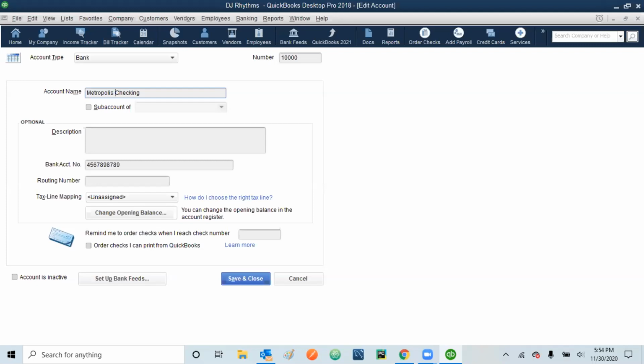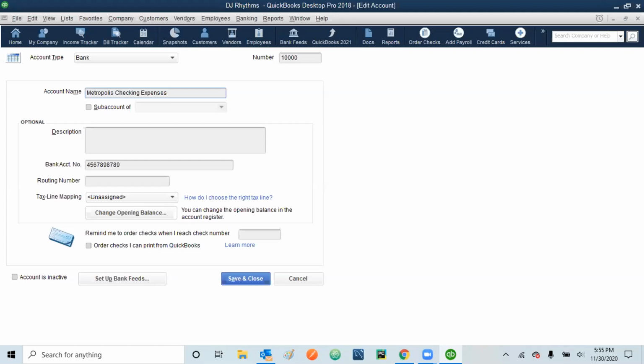Let's say you are working with one bank and you created two or three checking accounts in that one. One is for your salaries, one is for your expenses, the other one is for your recoveries, and maybe one more for some other purposes. You are working with multiple checking accounts. So after typing the name of the checking account, you can also type salary or something, or let's say expenses.